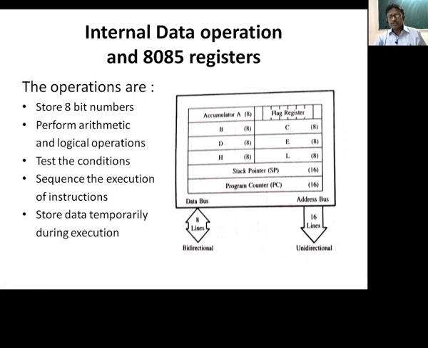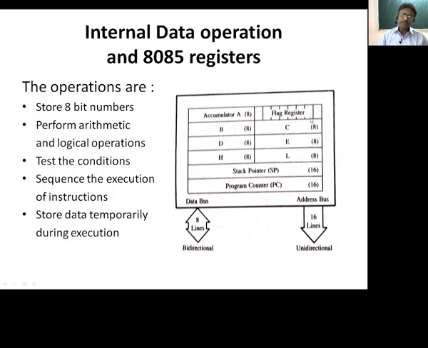This is the flag register, which is used for testing the condition. After doing any arithmetic and logic operation with reference to the accumulator, the result is also stored in the accumulator, and due to that data manipulation there may be a change in the status of the result. Once the result is stored in the accumulator, the flag register will show the status of the result.